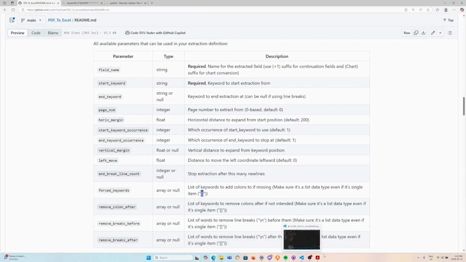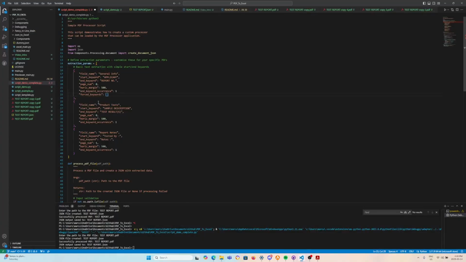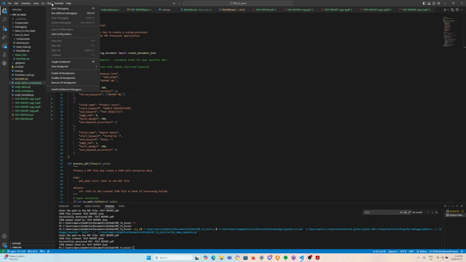And now within that array, because we want to force report number to be a key, you can do colon here and report number. And make sure to leave a comma right behind each of these. And now if you run it again,